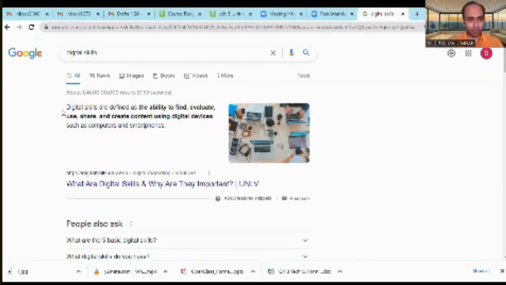But if we just go to the basic, it talks about the ability to find, evaluate, use, share, and create content using digital devices. It can be smartphones, tablets, laptops, desktops, PCs, anything of that sort.